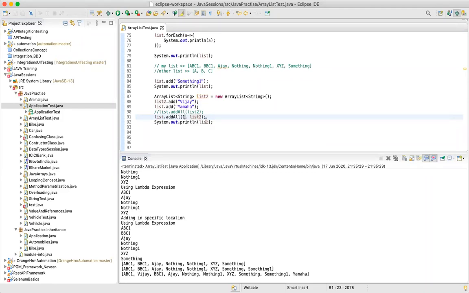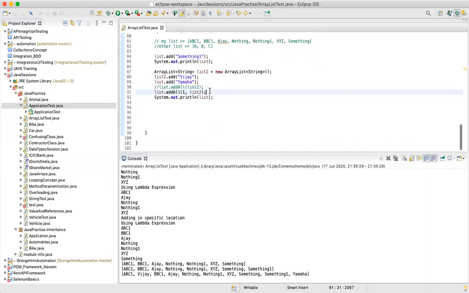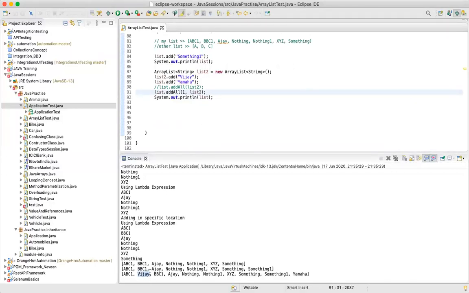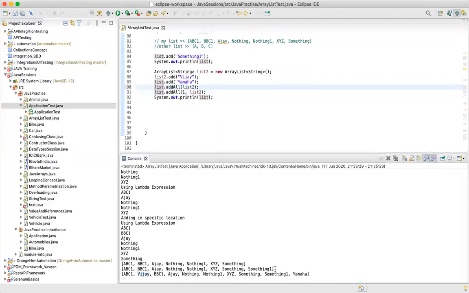Now, this was adding an element into a specific location, whereas if you use this method, list.add, this is appending an element to the end.